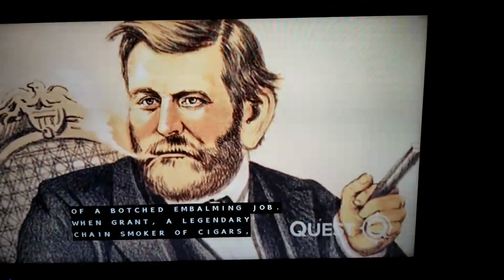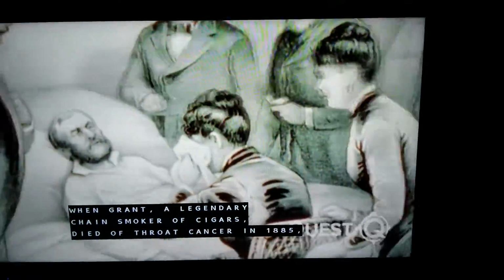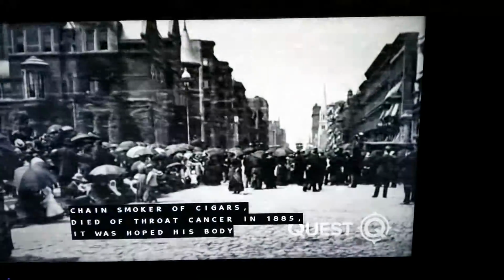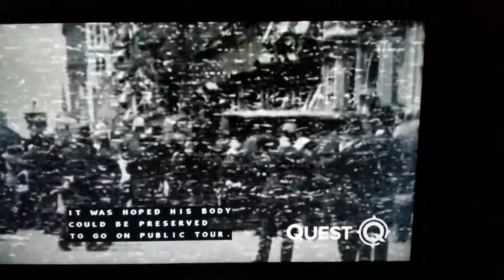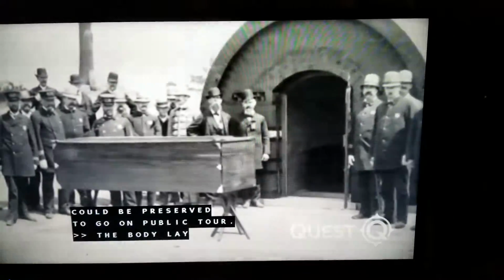When Grant, a legendary chain smoker of cigars, died of throat cancer in 1885, it was hoped his body could be preserved to go on public tour. The body lay in the